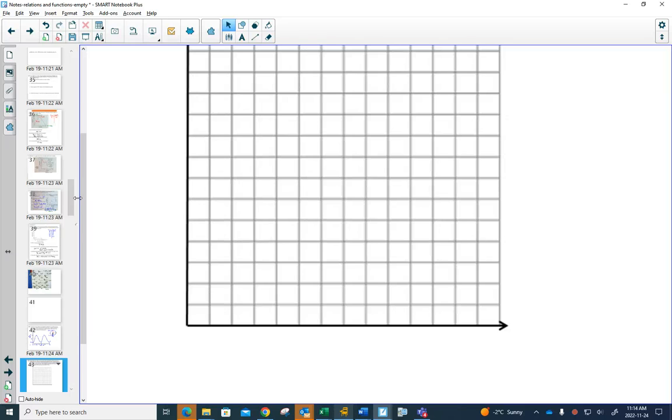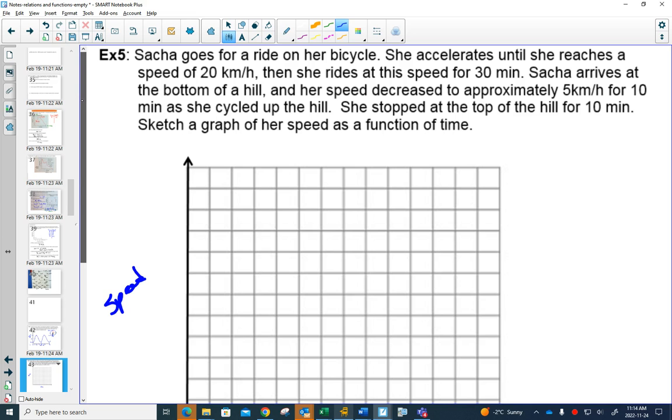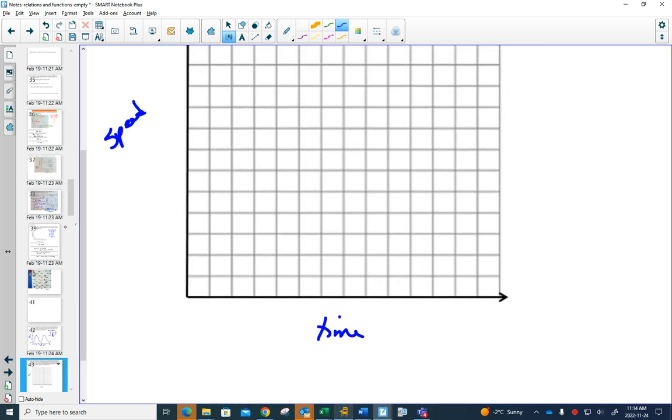Speed in kilometers depends on the time. Right, the speed here, they tell us, and the time. Okay, this time is in, what do they give us? In minutes, right? Time is given in minutes, and the speed is given in kilometers per hour. And there's something